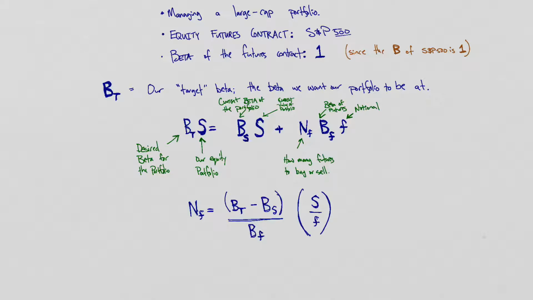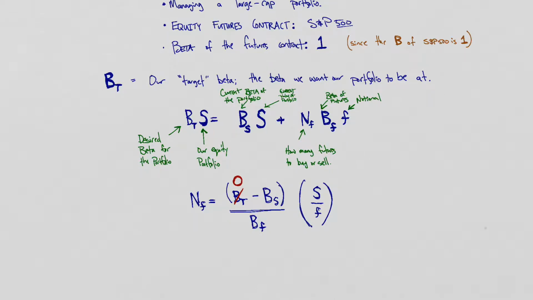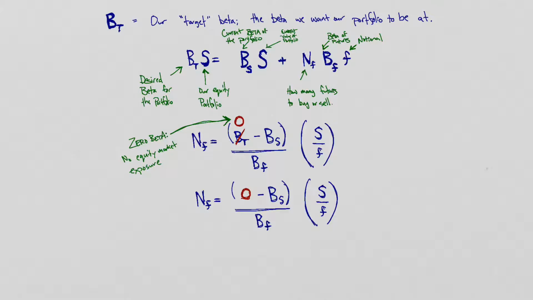And so to play around with this a little bit, notice that if I wanted to reduce the beta of this portfolio, if I wanted to eliminate all of the market exposure, if I wanted to eliminate any risk of this portfolio, I wanted to make it not move at all, regardless of whether the broader equity market went up or down, then the target beta would be zero, a zero beta portfolio, no exposure at all to the equity market. And if that's the case, then this formula simplifies down to this,